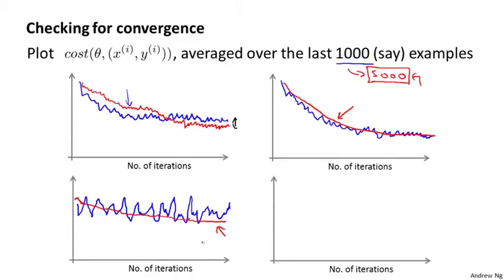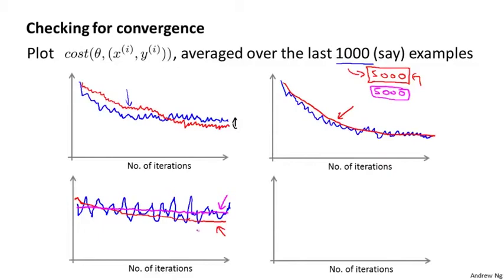And possibly averaging over 5,000 examples instead of 1,000 may help. Of course, when you average over a larger number of examples, if you were to average over 5,000 examples, I'm just using a different color, it's also possible that you see that the learning curve ends up looking like this. That it's still flat even when you're averaging over a larger number of examples. And if you get that, then that's maybe just a more firm verification that unfortunately the algorithm just isn't learning much for whatever reason. And you need to either change the learning rate or change the features or change something